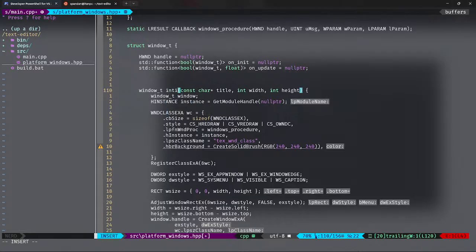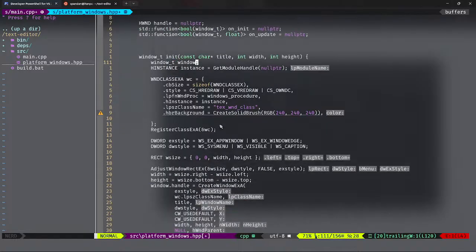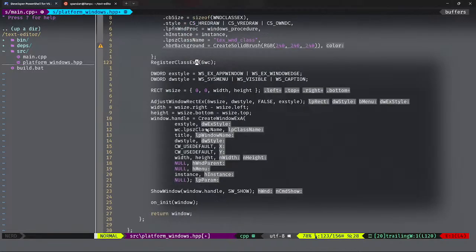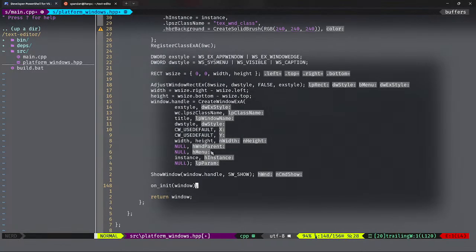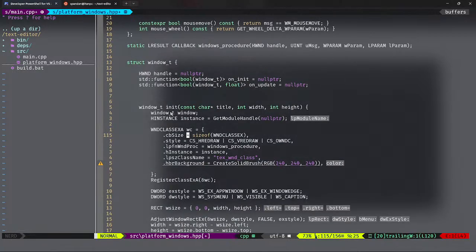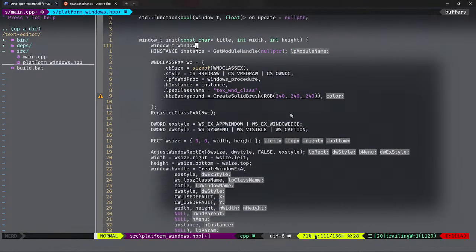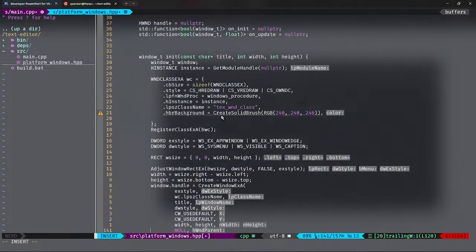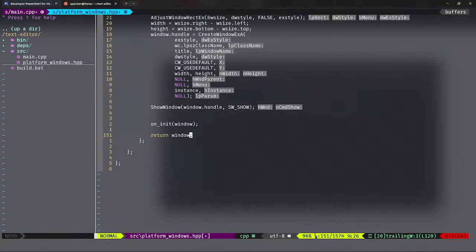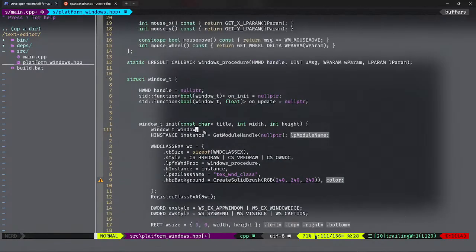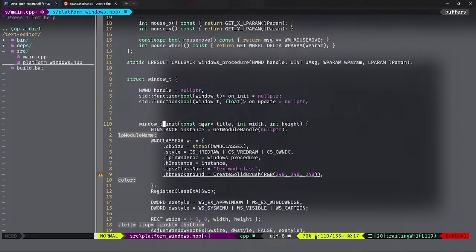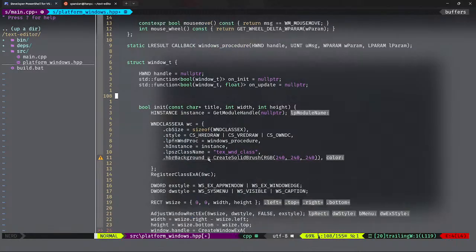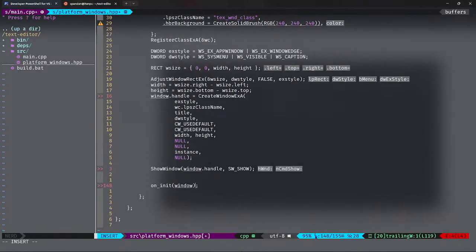That is better. Like I'm trying to decide what to do. So we have this init, right? Now on Windows, whenever the window is initialized, whatever is set to on init will be called, if that is. And yeah, it does not need to return a window. It does not need to create a window. It is just a Boolean function inside window. It is supposed to return